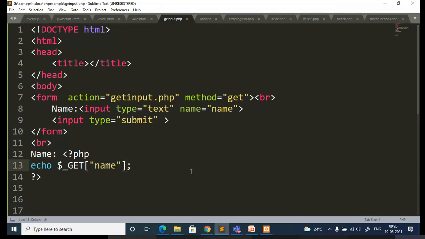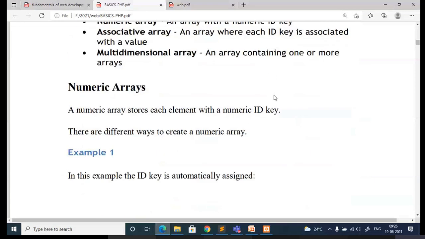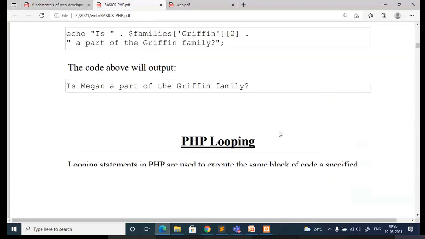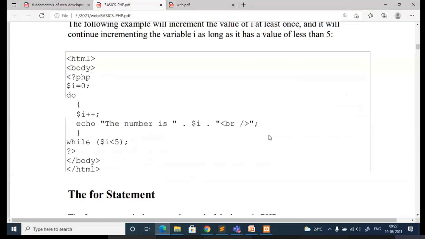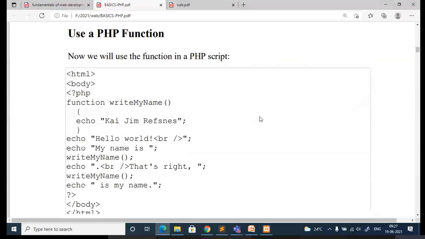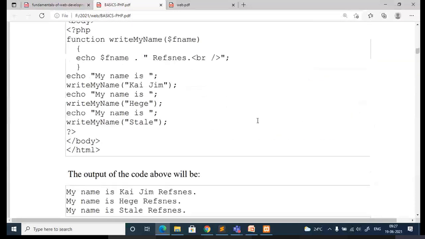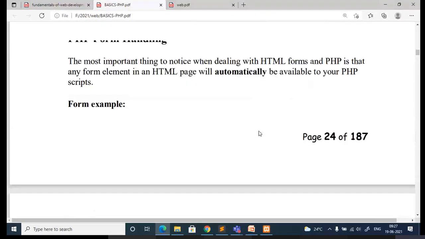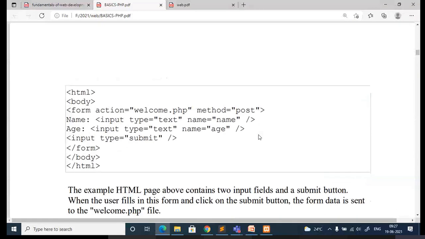This should be a square bracket. Let me check the statement.